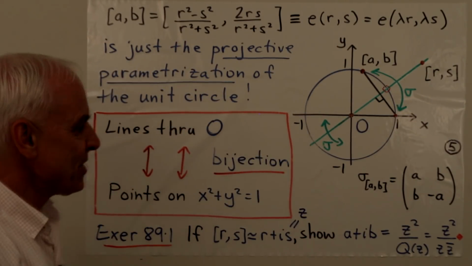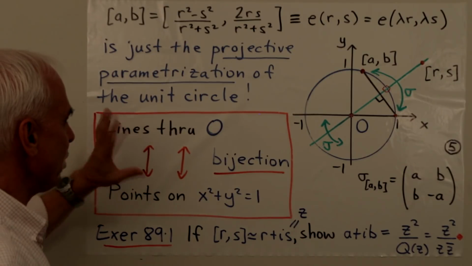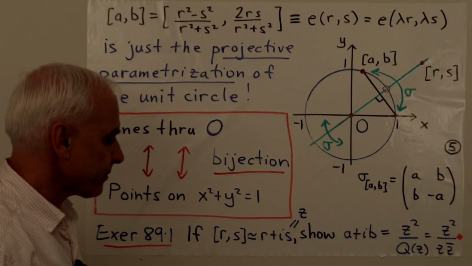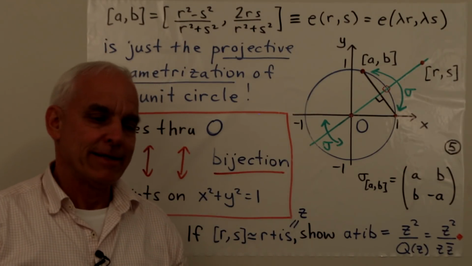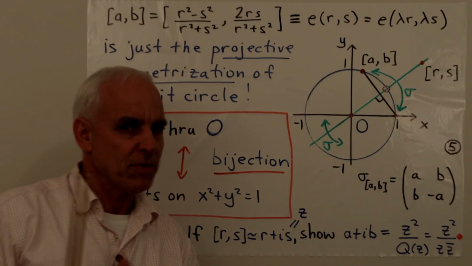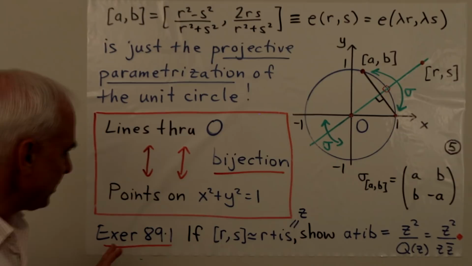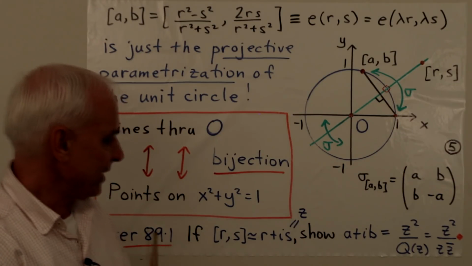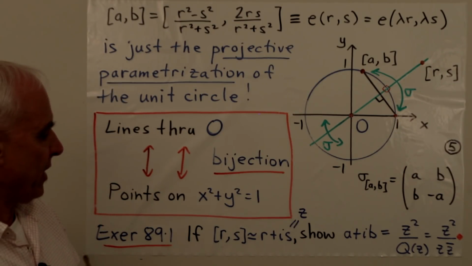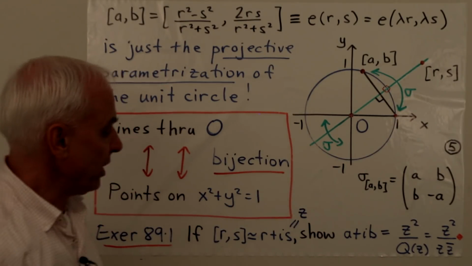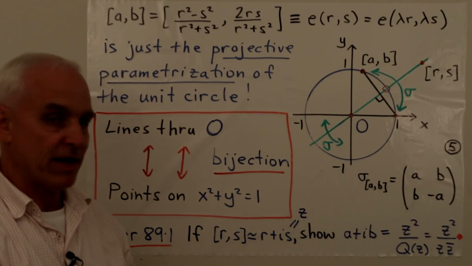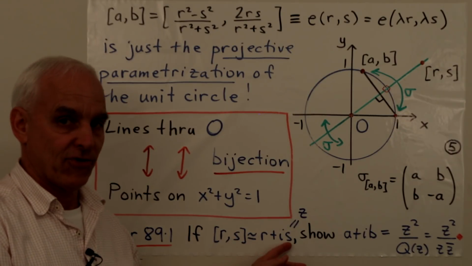Right. So it's a one-to-one correspondence, a bijection if you like. Okay, this is also very pleasantly connected with the arithmetic of complex numbers. So here's a little exercise that allows you to play around and think about that. So show that if this point RS that we're choosing here is identified with the complex number R plus IS,